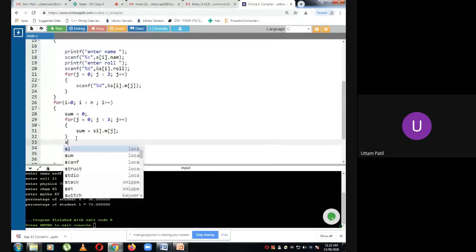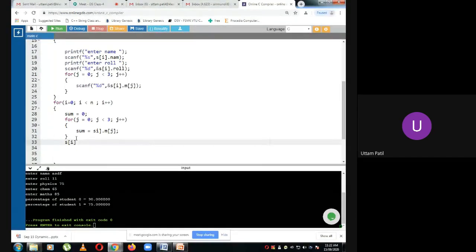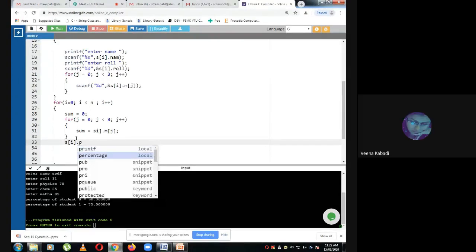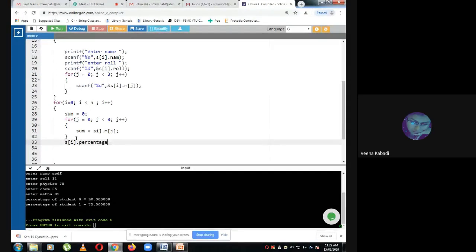Then calculate S of I dot. Sum equal to S of square bracket I. Sum is equal to, it should be sum plus. Then it is sum divided by 3.0.